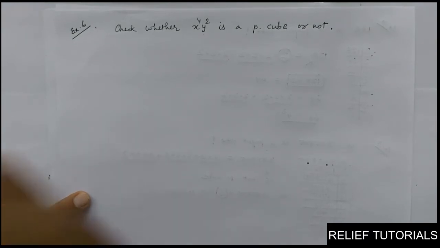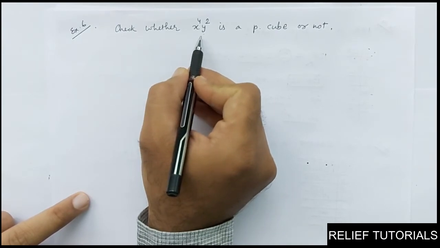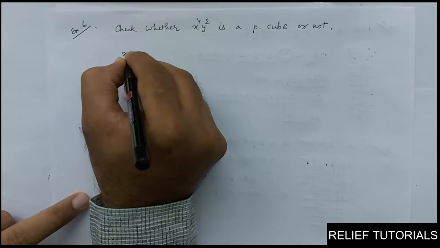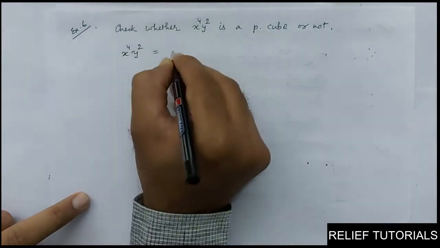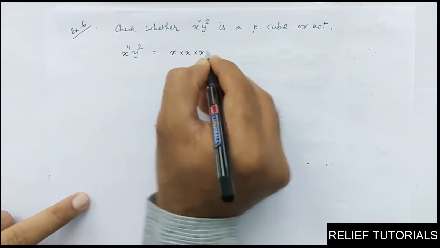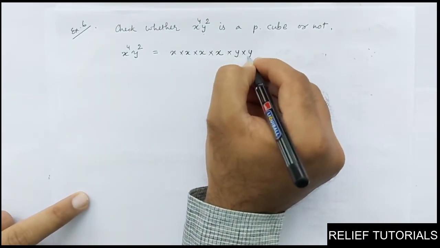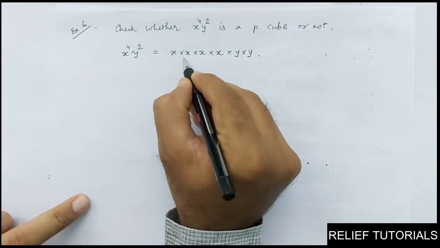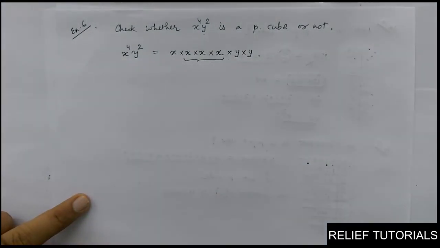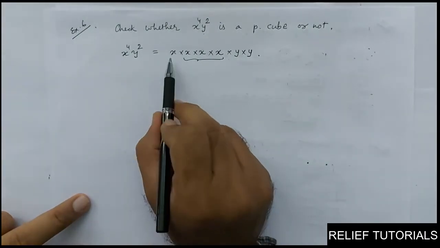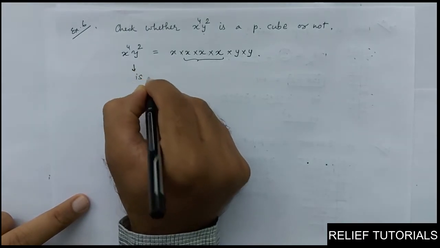So before doing anything, let us do the prime factorization of these types of variables. See, it is not a number, it is variables. It is very simple to do the prime factorization. x raised to 4 y square. So x raised to 4 means x 4 times, and y square means y into y. So if you see, only one triplet of x, you can see. No triplet of y as well as one extra x is here. So this number is not a perfect cube.